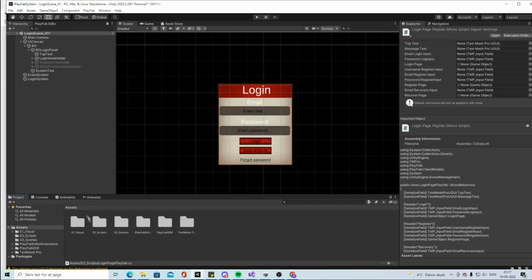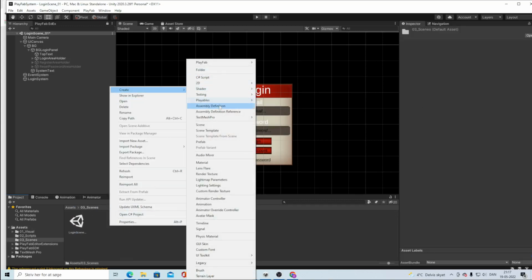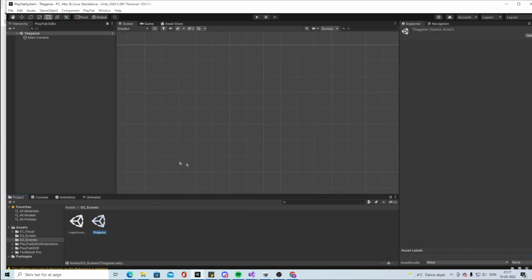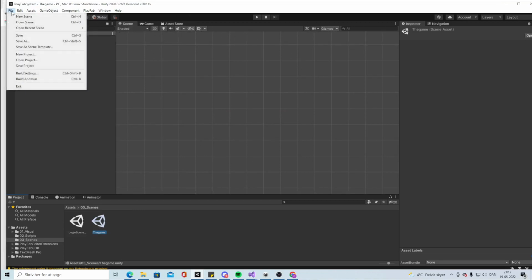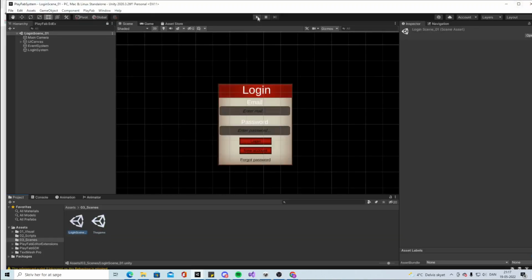And let's make a new scene. So this will be the game scene. Let's open the game. Let's save this. Amazing game when you think about it. Full gray screen. And then we'll go into build settings, add this awesome game. So loading scene and then the game. Go back to the loading scene,